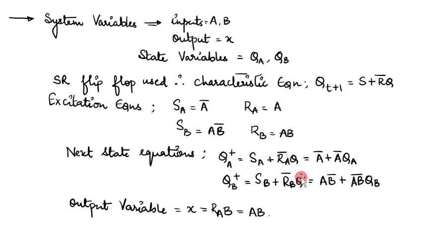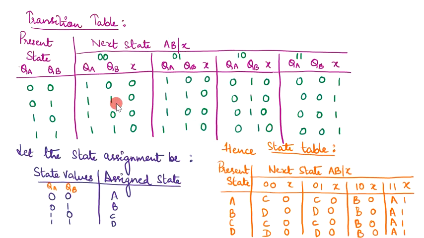Based on these next state equations, the contents of QA, QB are going to be filled. Because we have the present state of the form QA and QB, we will be having 4 different combinations of QA and QB: 00, 01, 10, 11. So we need to fill the contents based upon